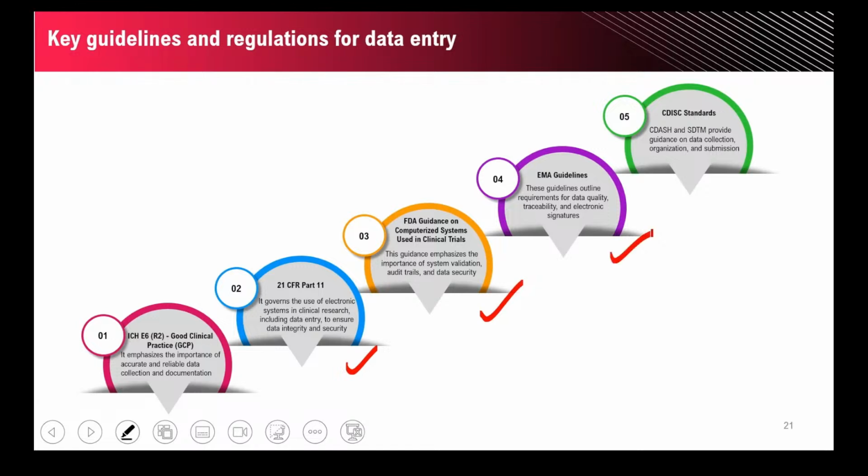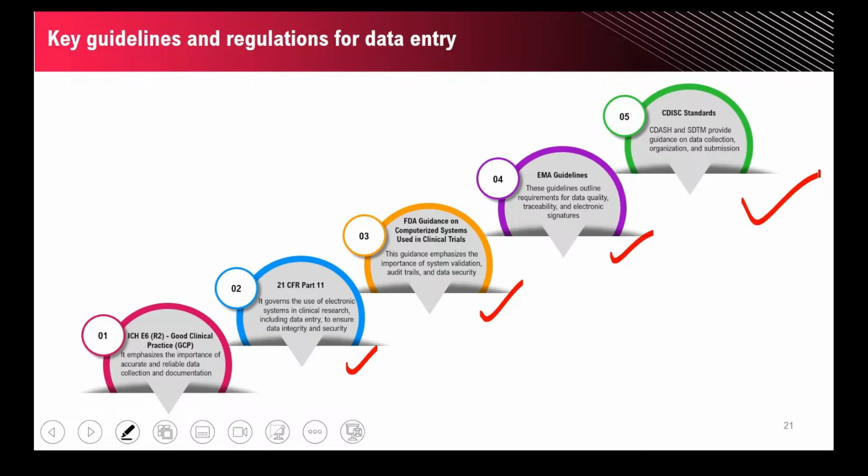The EMA guidelines, which is the European Medicines Agency, provides guidelines on various aspects of clinical research, like data management and EDC, which is electronic data capture. They outline requirements for data quality, traceability of the data, which again is audit trail in a sense, and electronic signatures. And finally, we have the CDISC standards, which